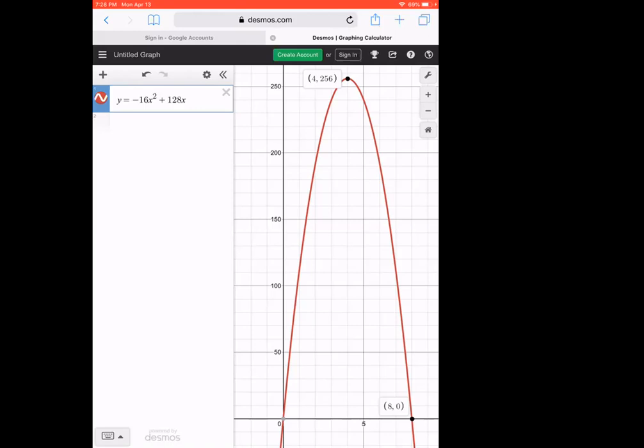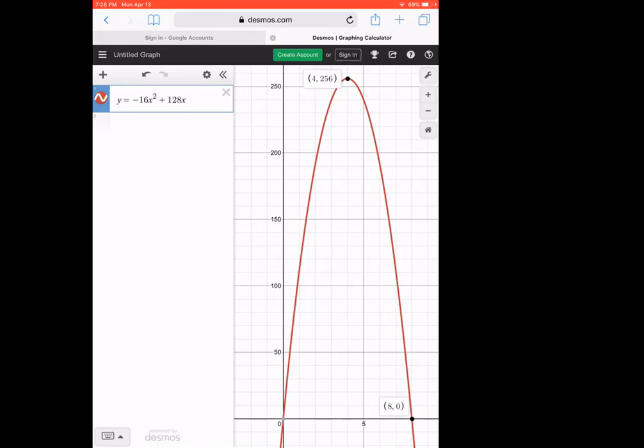And then they have something interesting for B. B is not necessarily at one of my interesting points, the x-intercepts or the vertex. This one asks, after how many seconds will the rocket be 112 feet above the ground on the way up? So think about it. I'm going to launch this rocket. At some point, it's going to be 112 feet above the ground. It's actually going to happen twice, once on the way up and then once on the way down, right? So they're asking, when does that happen?